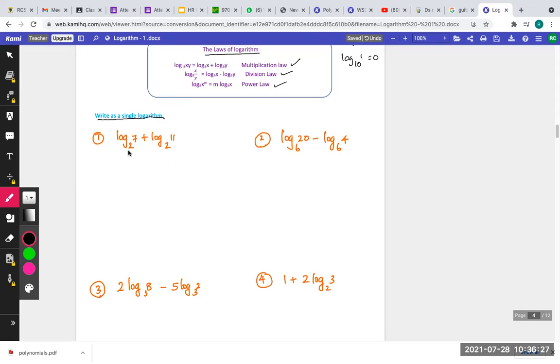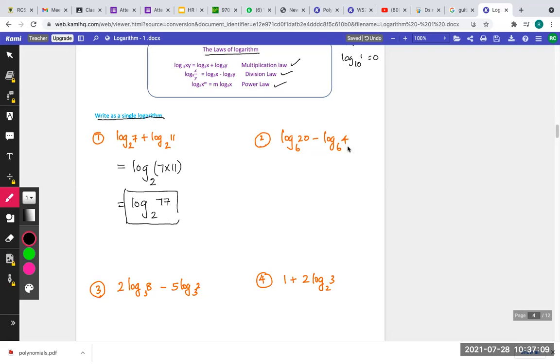Very simple. There are 2 different logarithms you are adding. So it is same as multiplying both of them since they have the same base. Provided in all these cases, guys, base should be the same throughout, right? So here it should be what? 7 times 11 divided by 2 by using the first law, meaning multiplication law, right? So you could write it as what? Log 77 to the base 2. Do I have to find the value? No, they asked write as a single logarithm. So I wrote it as a single logarithm. This is one logarithm.